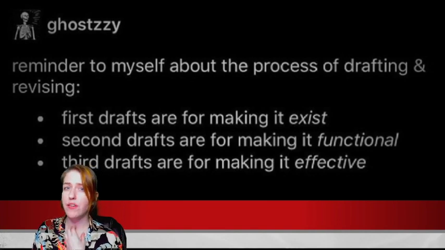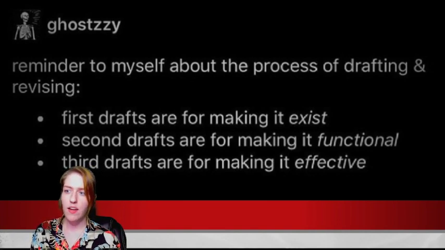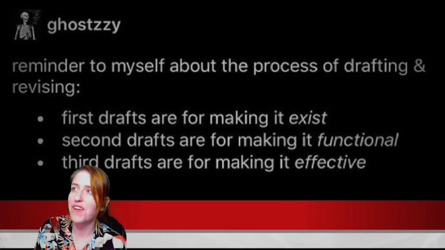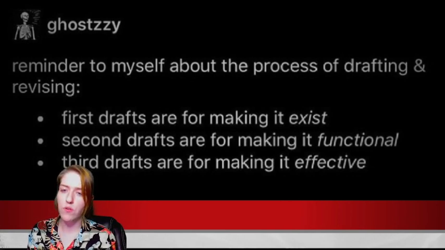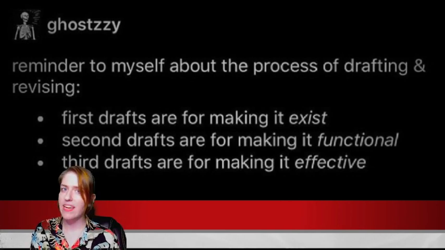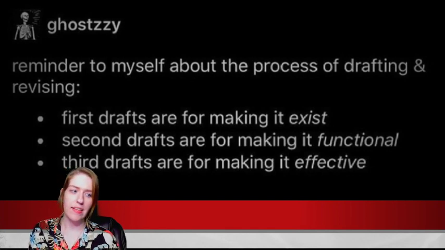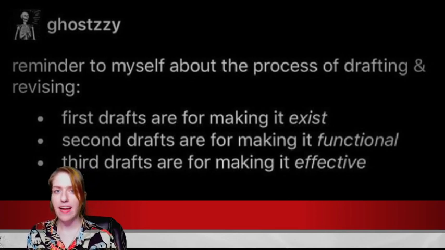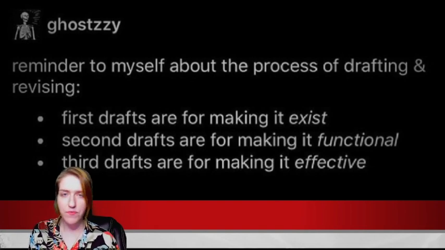I'll probably use Bleed More, Body More as my example for this method, because one, it's super accurate to this method, and two, it comes out next month, so it seems like a win-win. With Bleed More, Body More, the story starts out with Joey going to Leakin Park because she has the goal of picking up a last job at the end of the night. Joey's job is to find that car, hook it up to the tow, and get back to the body shop. Simple enough.